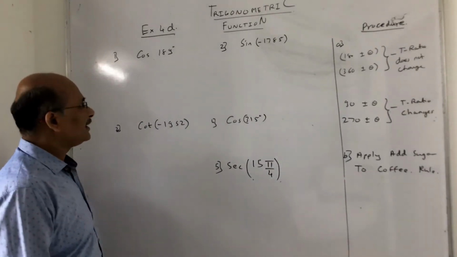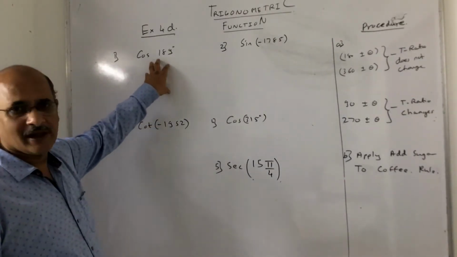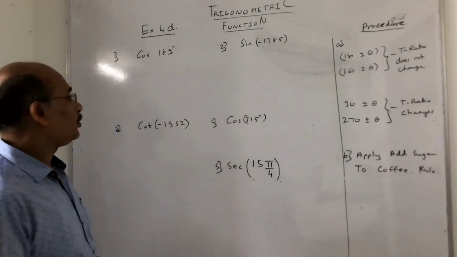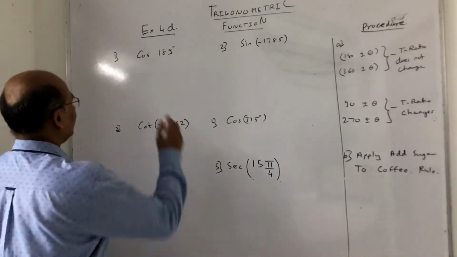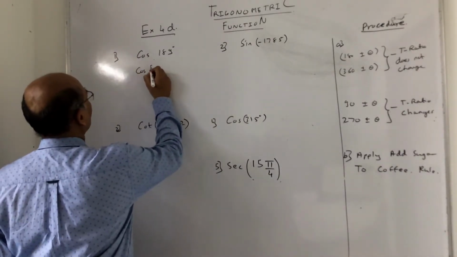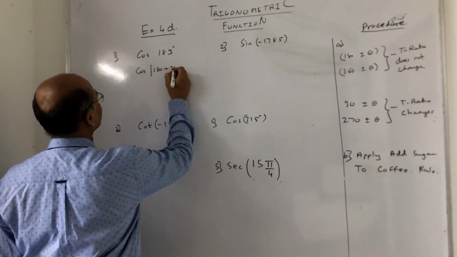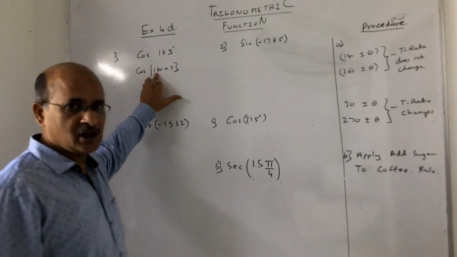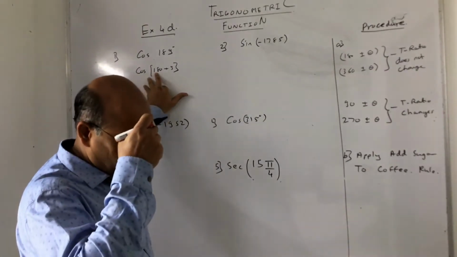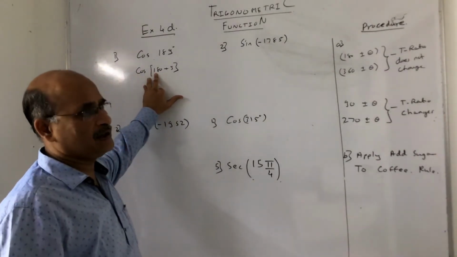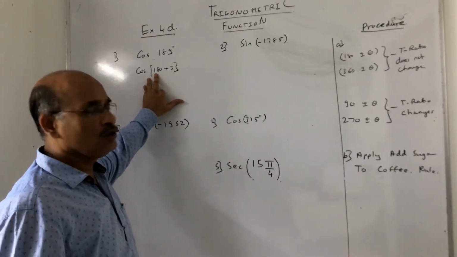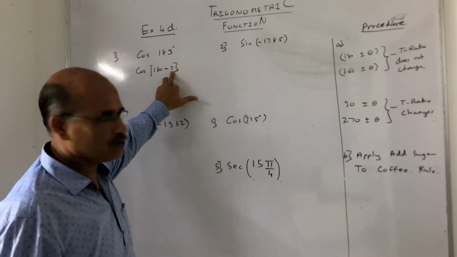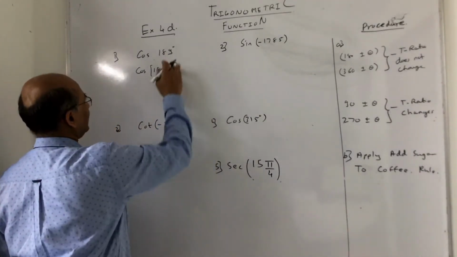So let us begin. They are telling us to evaluate, or you can also say simplify, to an acute angle, so theta has to be acute. First, cos 189. I can write this as cos of 180 plus 9. In the last lecture, one of the students asked me, sir, can I write in terms of 90 and 270 also? You can, but the angle has to be acute. That's the message. So 180 plus 9 is 189.